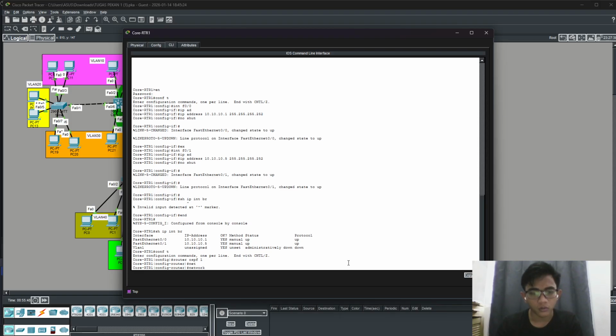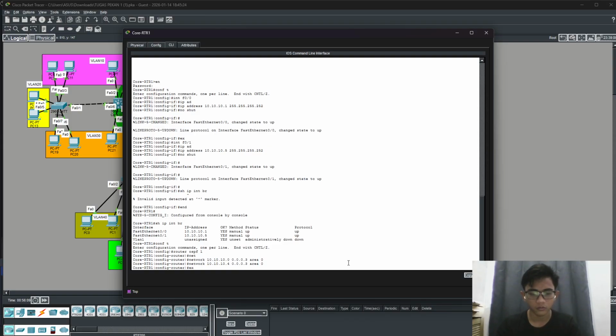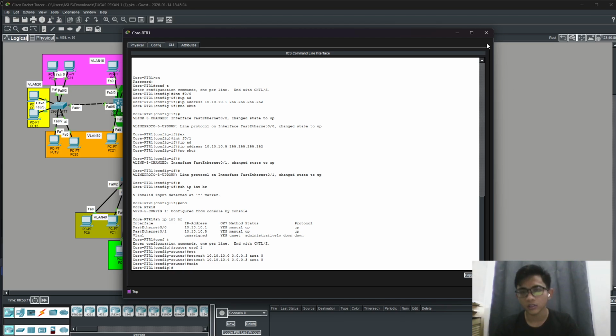Network is 10.10.10.0 and wildcard is 0.0.0.3, and area is 0 again, but the variant is 4. Same. Okay, enter.